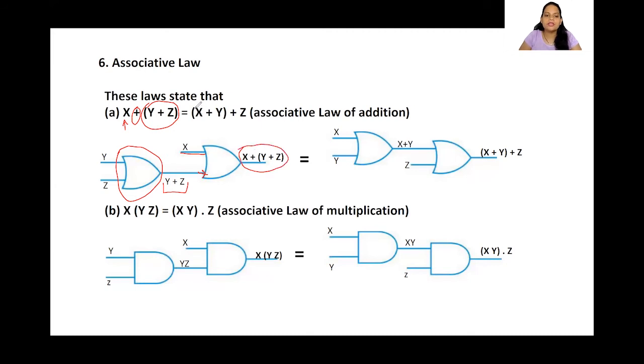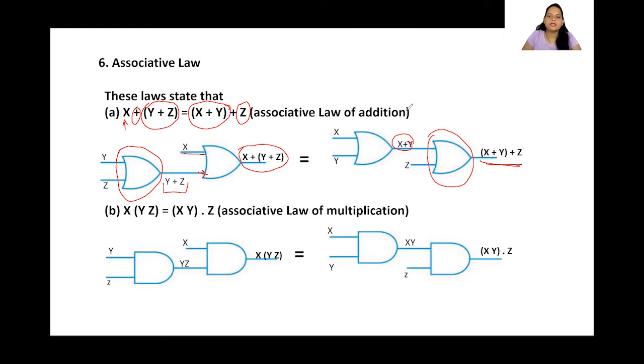Another one is, here it is saying x plus y is within the bracket. So first we need to do the OR operation of this. Okay, so that is what we have done. We have done x plus y and we have given it as an input. So the output we will get is x plus y, and then we are going to do the OR operation between this entire thing and z. Okay, so this output is nothing but x plus y, and then z we are taking and giving as an input to this OR operator. Hence, we are getting this.